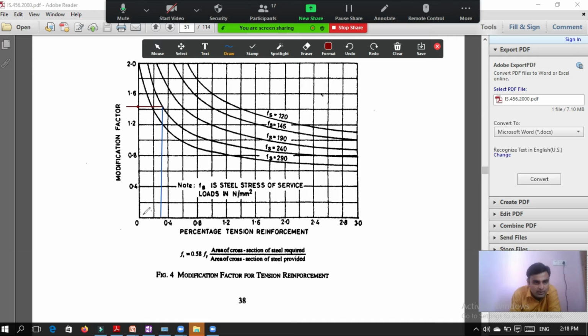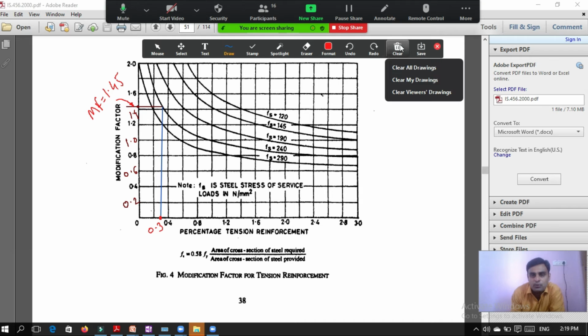Now see, this is 0.4, this is 0.2, here it is 0.6, here it is 1.0, so this is 1.4 and this value is just above 1.4. So we will take this modification factor as 1.45, for the percentage of steel 0.3. So 1.45 is our modification factor. Now again we will go back to our slides.